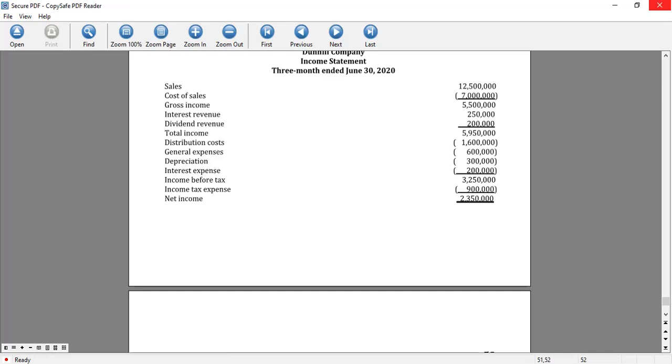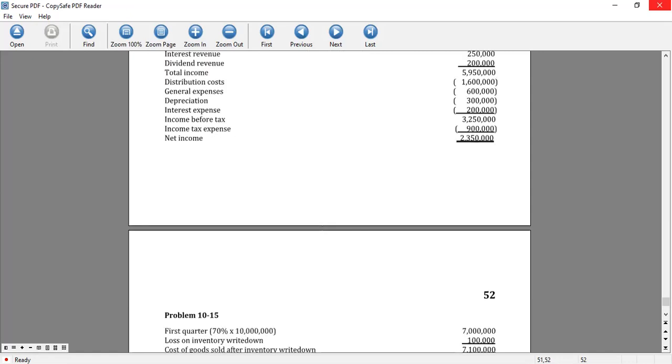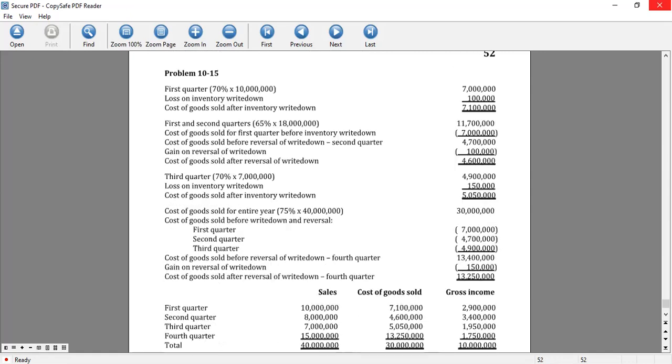So we get the difference, net income of 2,350,000. We are adding one item, you have your income tax expense. So finally, the net income for the period is 2,100,000 or 350,000. Okay, now we go to